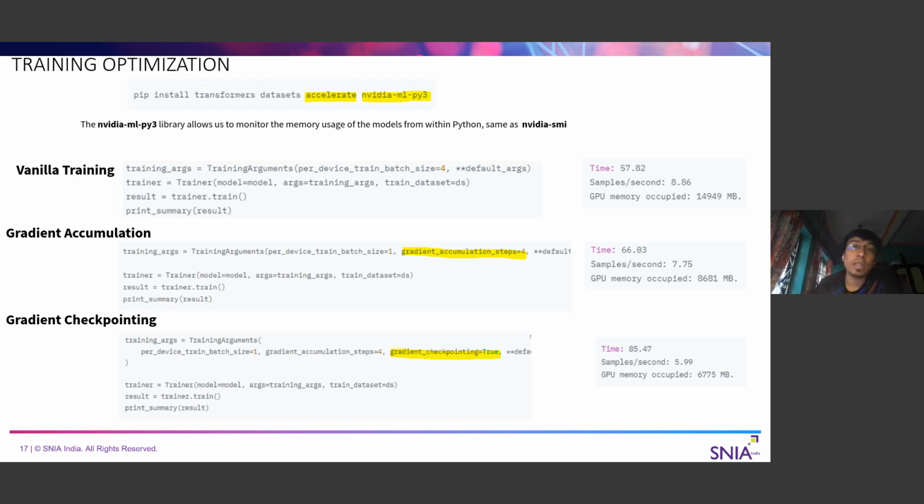So GPU utilization, as you can see, is coming down. Initially, it started from around 15 GB, it came down to 8 GB, then it came down to close to 7 GB. But since we are recalculating based on the checkpoint values, it will increase the training time. As you can see, the training time is going high. So it basically simulates an environment where we have limitations on the GPU, but we have flexibility in time. We can have a trade-off. This is the main purpose of discussing these things, the training optimization. Based on the different use case, we have to come up with the proper value that suits the purpose.